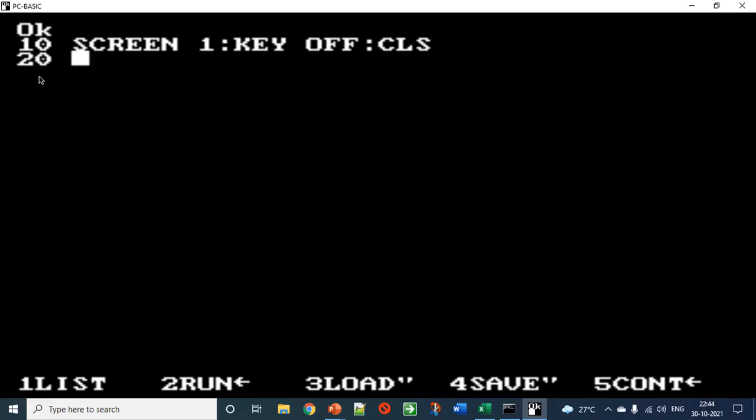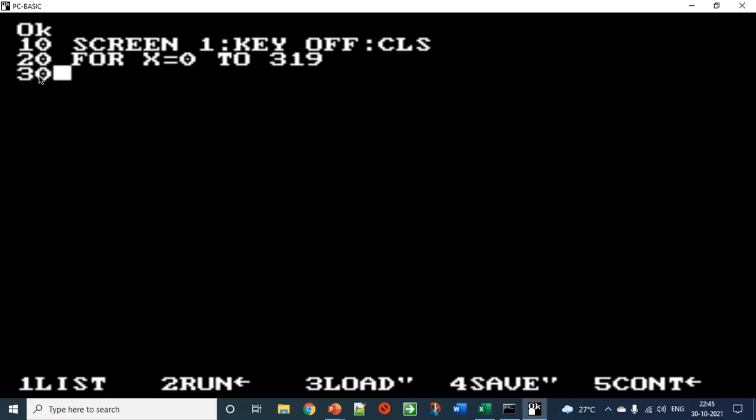So 20, I have to do a FOR loop for my x-axis. It runs from 0 to 319.